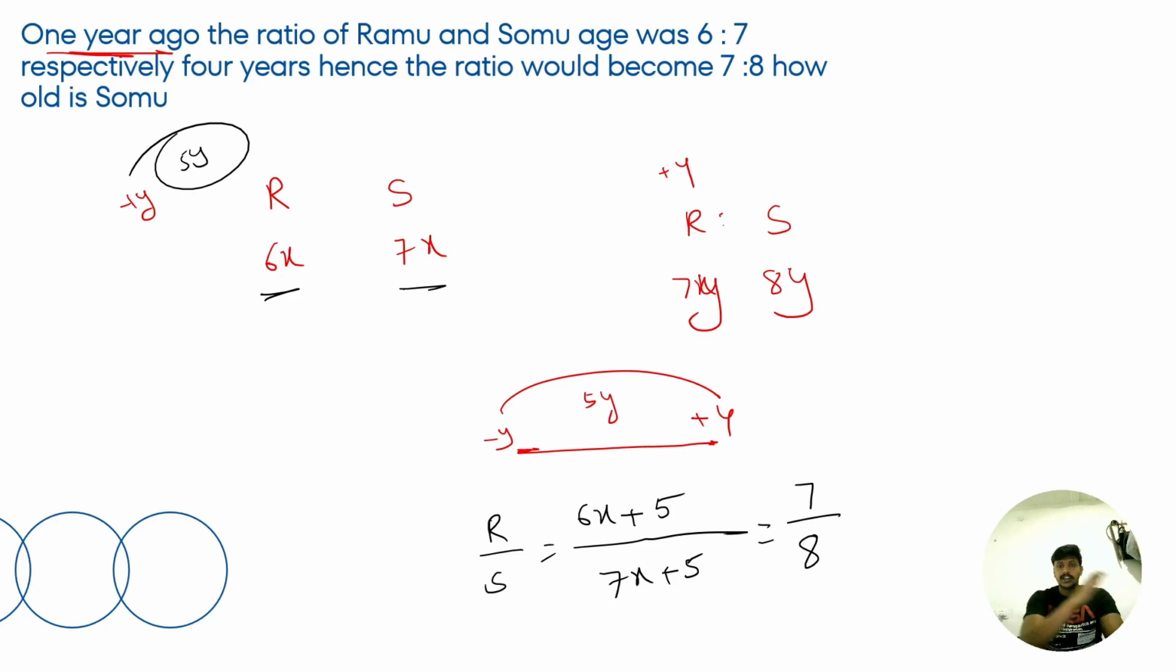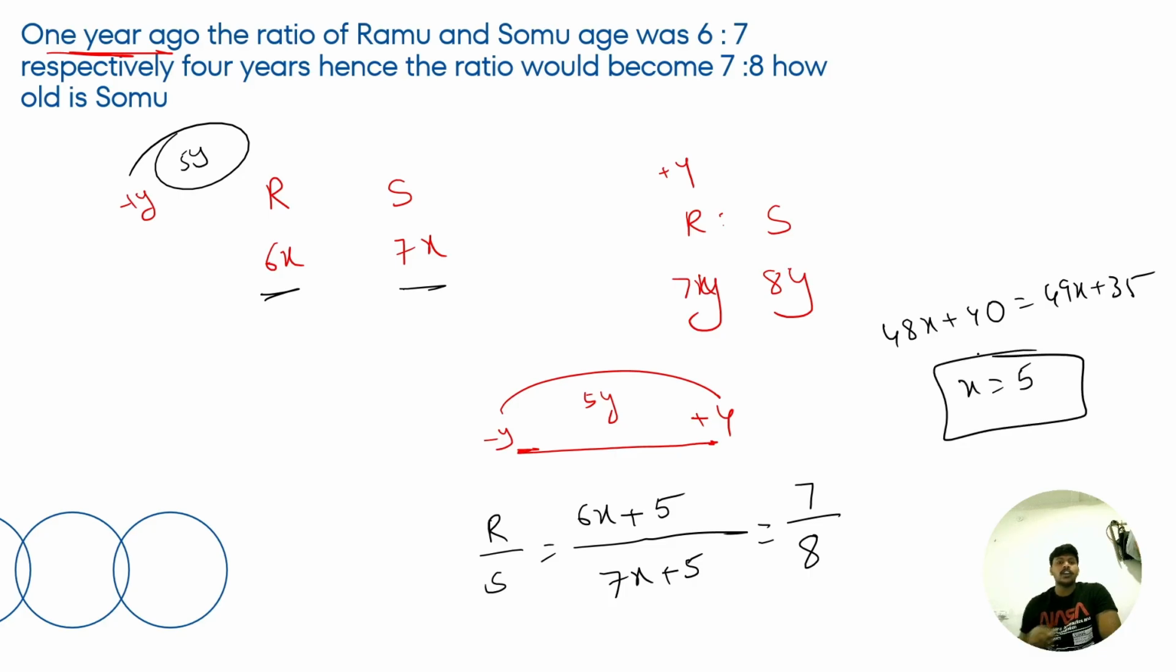Remember, 1 year back and 4 years after. So there is a gap of 5 years. So 1 year back ratio 6x and 7x. If you go 5 years after, plus 5 plus 5, you are going to get the ratio as 7 is to 8. That's what was given there. So now let's do the cross multiplication. We can find the value of x directly. Now, how much are we going to get? 48x plus 40 equal to 49x plus 35. So x equal to